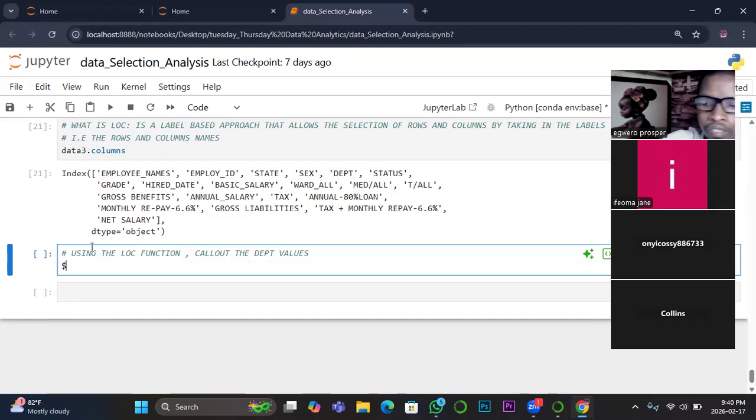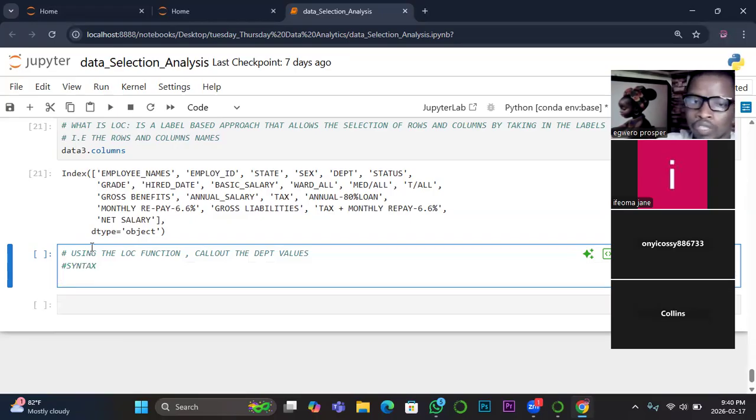Now, the syntax will be, you call the name of the data set, which is data 3 in this case. Then you concatenate using the dot and the loc. Then you select, because we want to pull out only a certain portion from the data set. So we use the square bracket, and then you put your colon, then you put your comma. Then you can now call the header, which is Department. So you can see that if I do not understand the logic, that other syntax method, where I did not define any function,